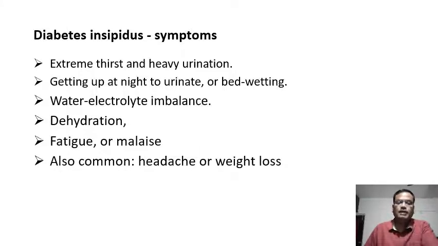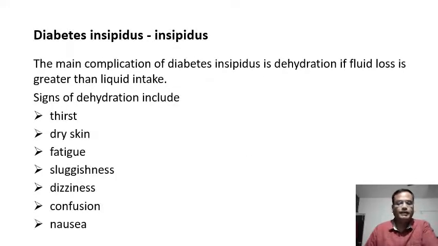And since there is a lot of water going out of the body, it will lead to water electrolyte imbalance inside the body tissues. So it will lead to a condition called dehydration, and fatigue, malaise, etc. They are the symptoms associated with dehydration. And headache, weight loss, etc. follow the dehydration process. Now, the main complication of diabetes insipidus is dehydration, if fluid loss is greater than liquid intake. Now remember,